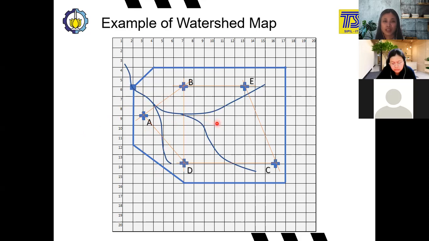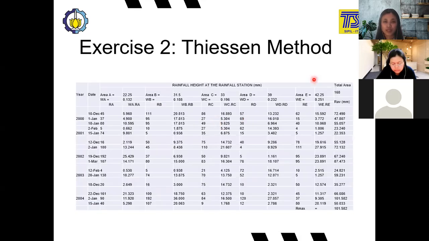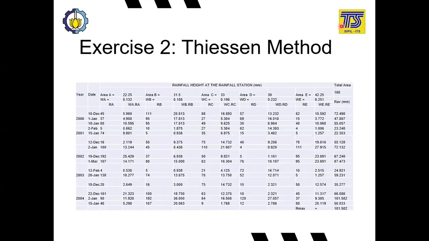So it's better if you calculate the total area first. Here we have the total area of 168, and then you calculate each area, and then you sum it again. Is it correct, 168 or not? And then after that, we can calculate the weighting factor, DW, based on the ratio of each area with the